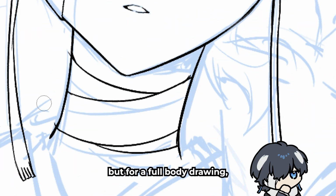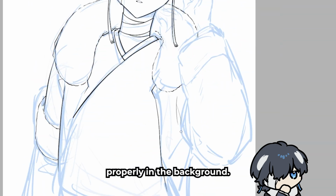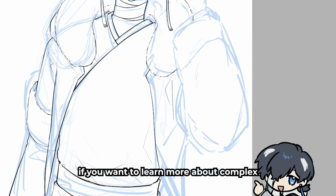But for a full body drawing, if the feet are visible, you'll need to understand perspective a little bit better in order to place the character properly in the background. While I won't be covering it in this video, if you want to learn more about complex perspective and backgrounds